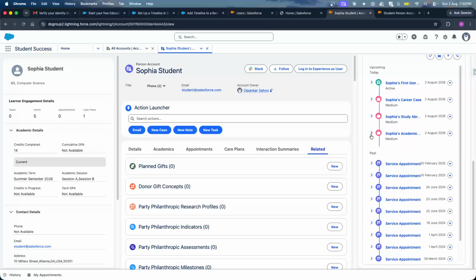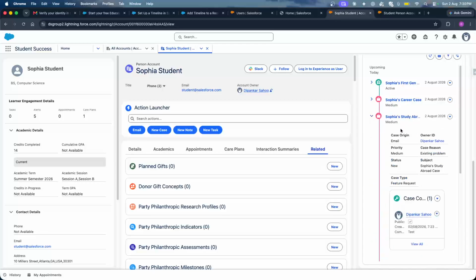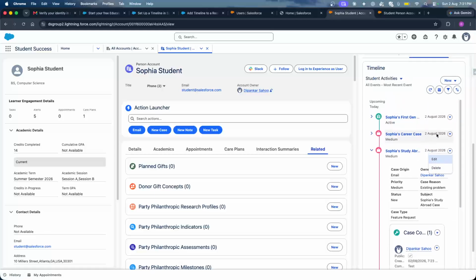And also, if you open any record for any particular event, you can also see the related list as well. And you also have an option to create a record from this and also from here as well, right? So you can click on new and create records, and also be able to edit the records. So the important thing over here is that